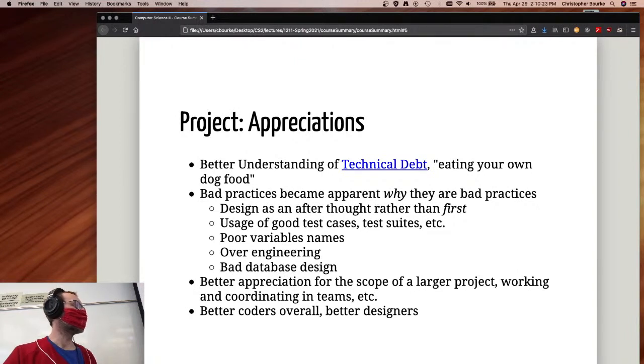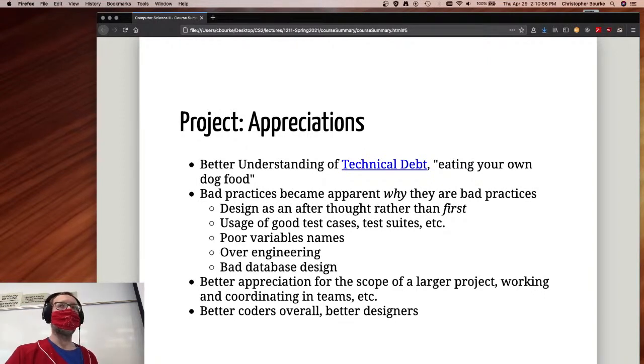Usage of good test cases, test suites, etc. We try to expose you to that through our JUnit test suites on all of our labs. We didn't require the use of JUnit. Did anybody try to use it on their own projects? No? Okay. Well, we did force you to do some familiarity with testing by coming up with those test cases, right, and making it part of the project, so that at least you have something to test against going forward with your code, and you're not just blindly coding in the dark.